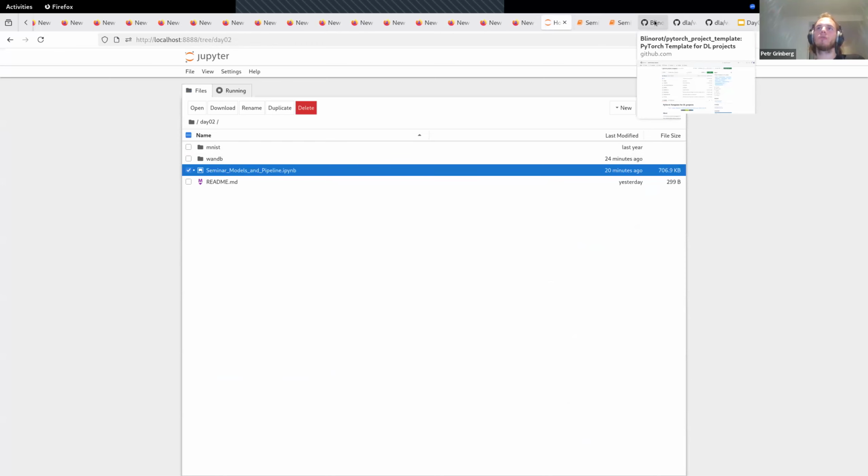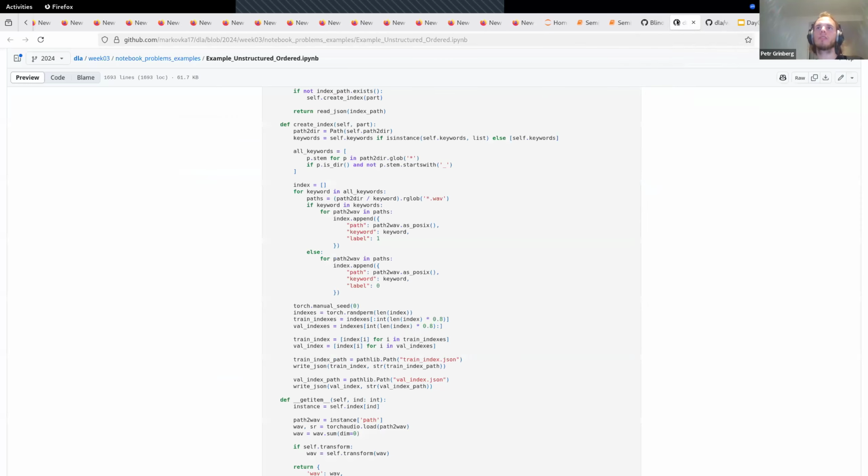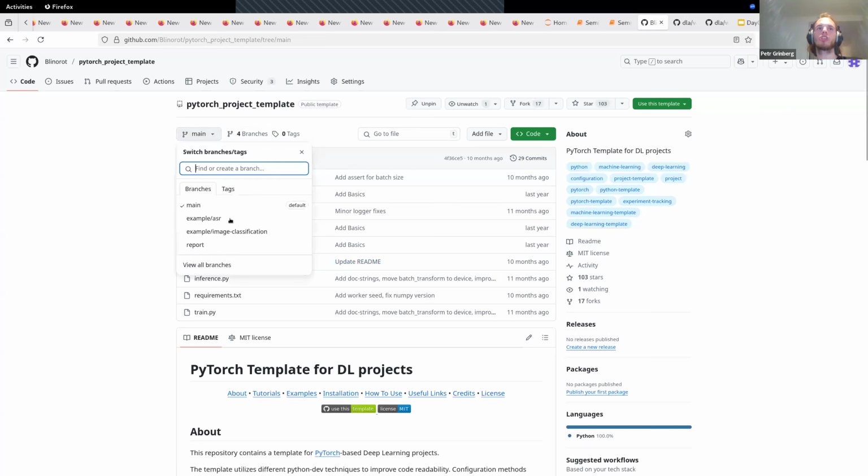And once you've done this, you will be able to compare your solution with this example image classification branch and understand what you did correctly, what wrong, and how to fix this. And once you understand how the template works, once you implemented one example, it becomes extremely convenient for you. And you will be able to use it for any task, for any homework, for any project